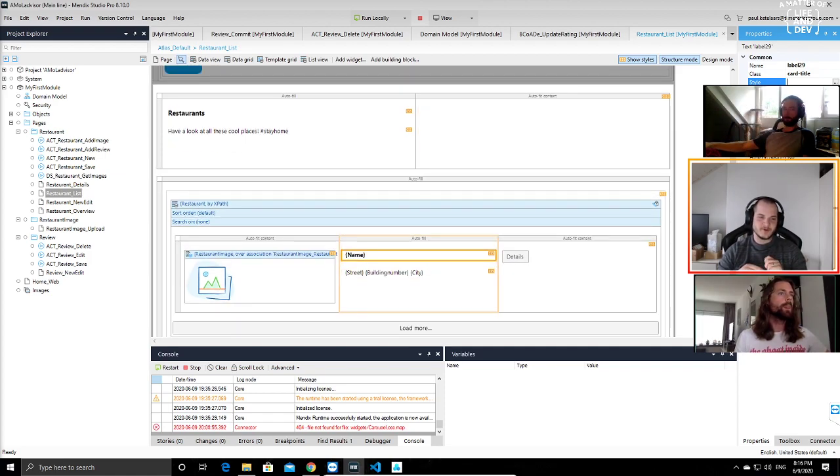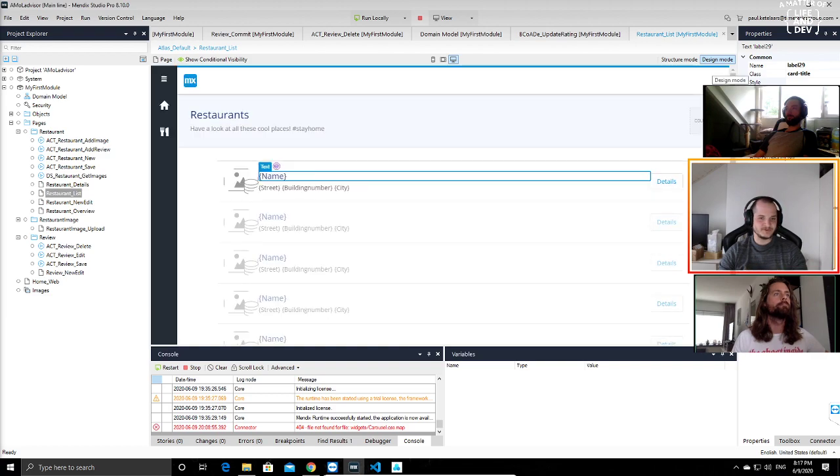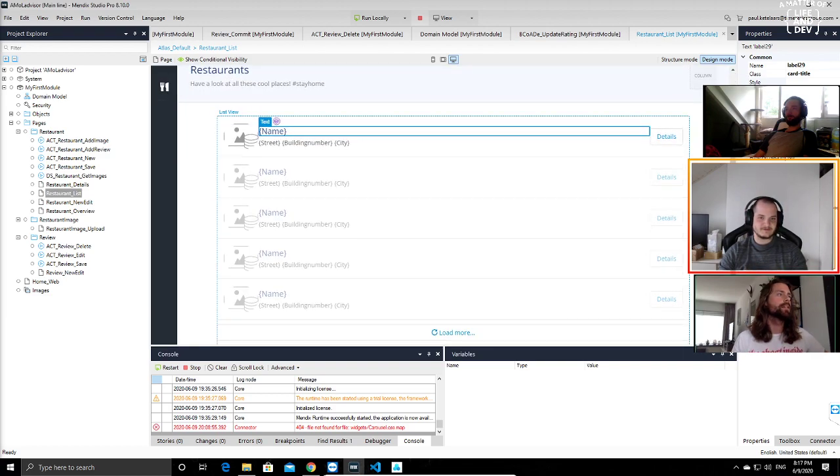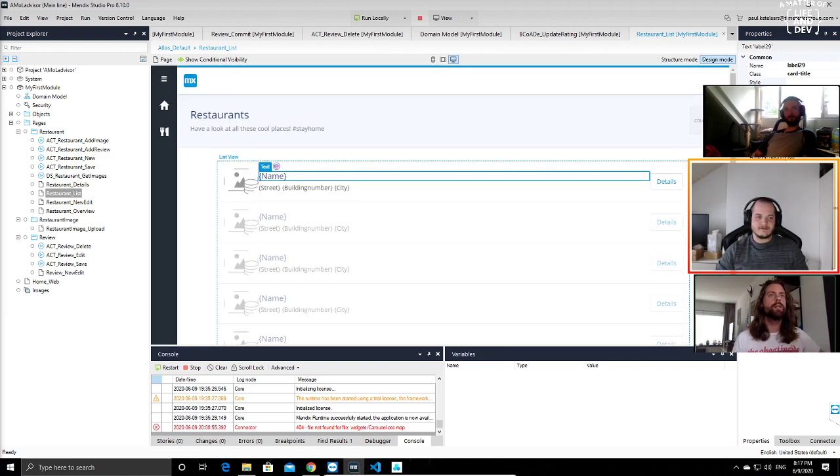Do you use design mode in Studio Pro? I was just about to ask. No, not much, but especially with Calypso, the sync is so fast. Why would you? Yeah, and it gives you an idea,